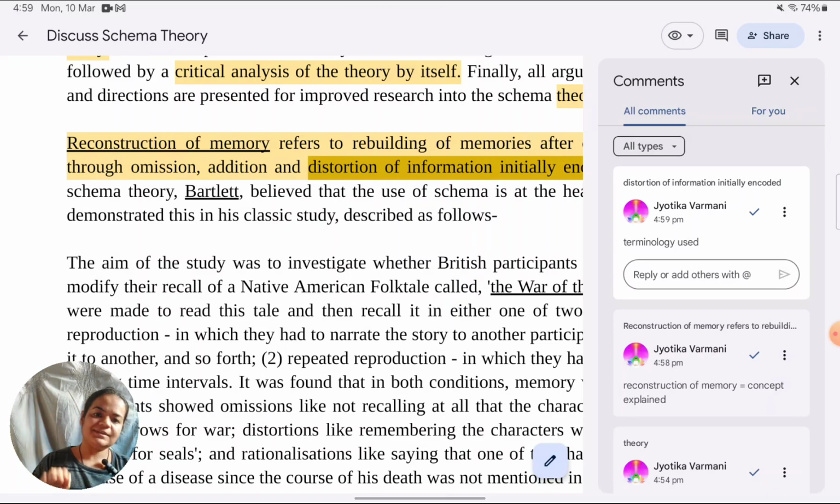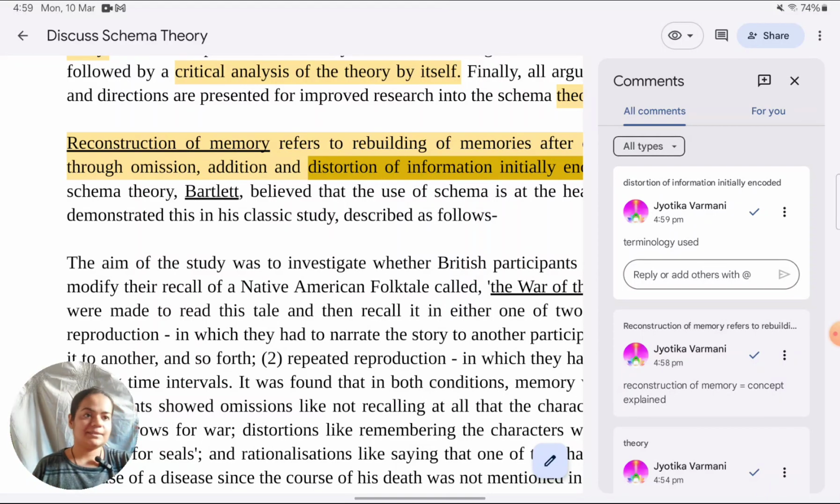In fact, you can just list out different terms in the outline for your knowledge, and you won't even have to do anything else, because you know their definitions or meanings when you're writing. You just remember the term you have to cover and you give its definition. So in your outline only, you can include words like reconstruction, distortion, encoding. It will make it very easy for you to write your essay.